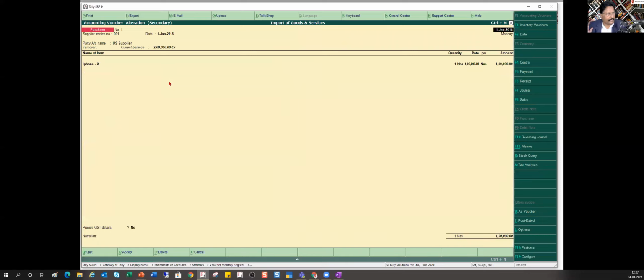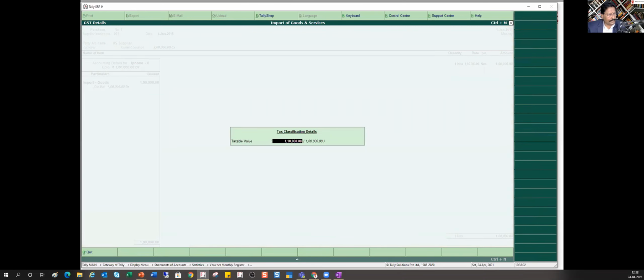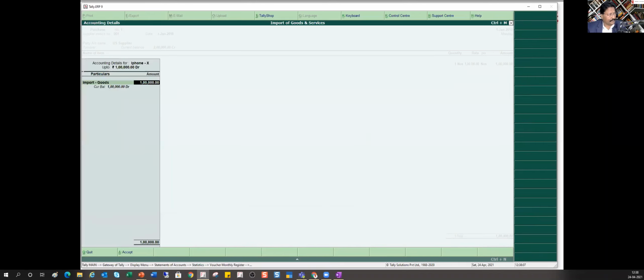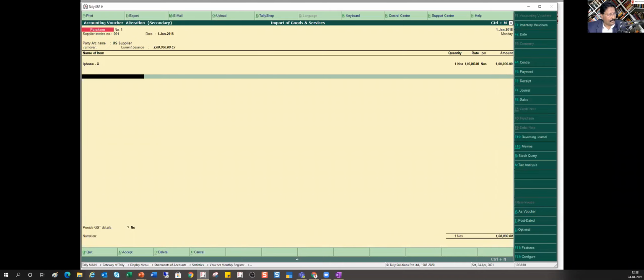In the month of January, I have made a purchase of this iPhone X, where I've selected the party, right? And then I've selected this particular item. We just saw the party account. We have already marked the country as other than India, right? So here, this is the intelligence which I was talking about. Now, by mistake, let us say I've created this import of goods. I'll come to this a little later. Now let us say I'm just going to say IGST.